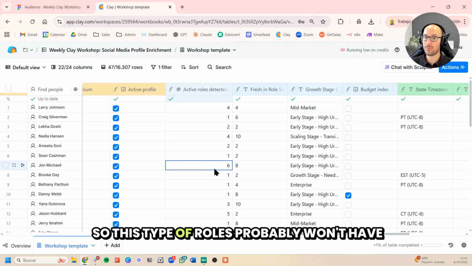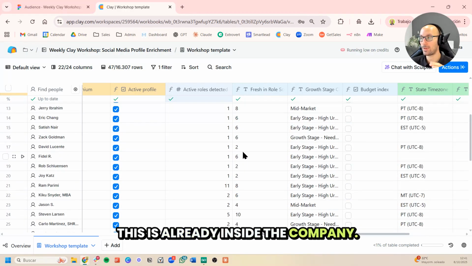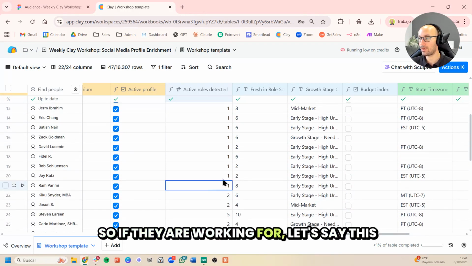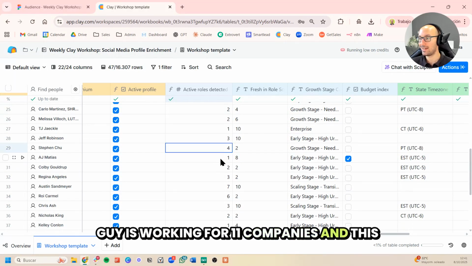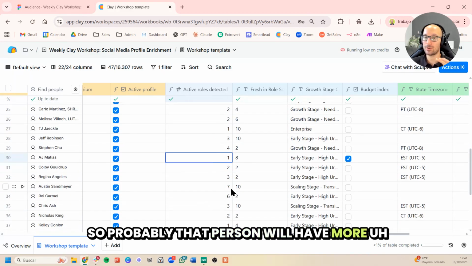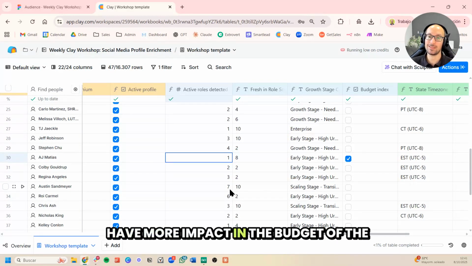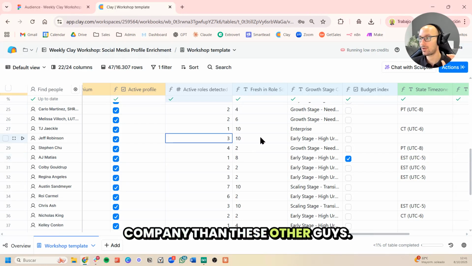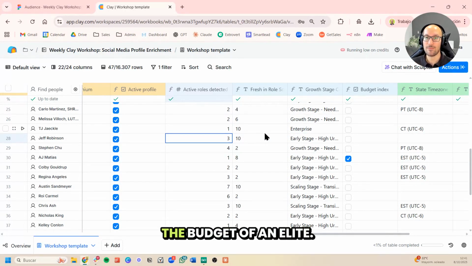These types of roles probably won't have as high a budget as an internal decision maker, like the CISO inside the company. So if this guy is working for 11 companies, and this guy is working for just one, probably that person will have more impact. I mean, the decisions they take will have more impact on the budget of the company than these other guys. So you can also use that data to analyze the budget of a lead.